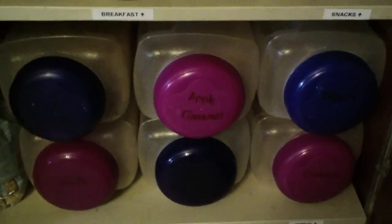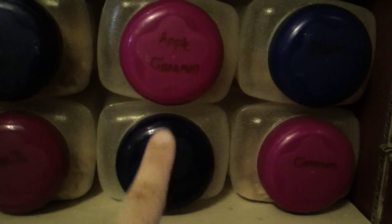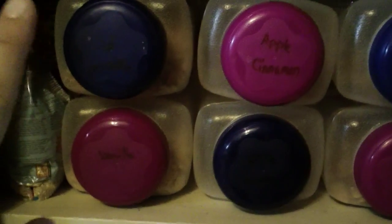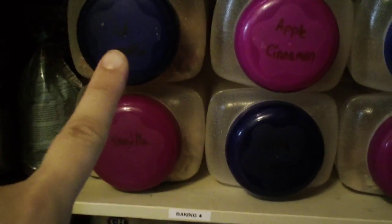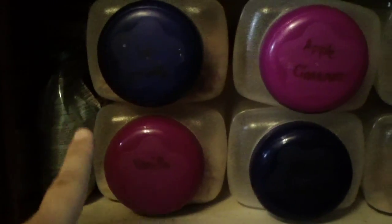And then we have all of our cereals that we have. We have plain Chex, cinnamon Chex, honey nut Chex, apple cinnamon Chex, the Special K strawberry cereal, I love that stuff, and vanilla Chex. And this kind of goes along with some of our grains on this other side here. So my rolled oats and my